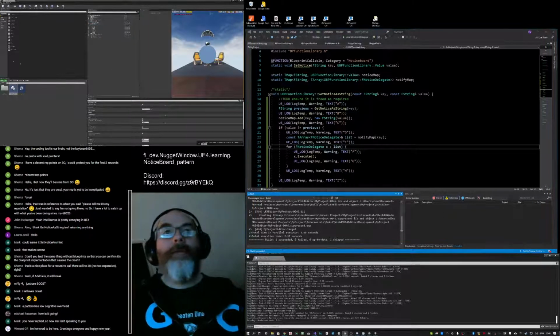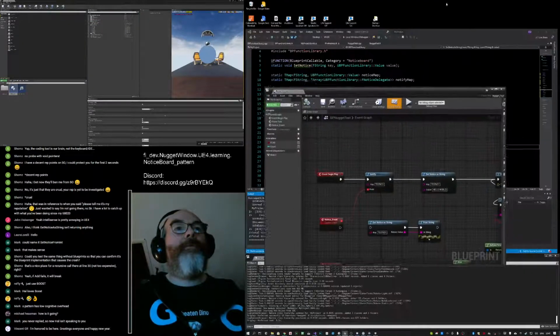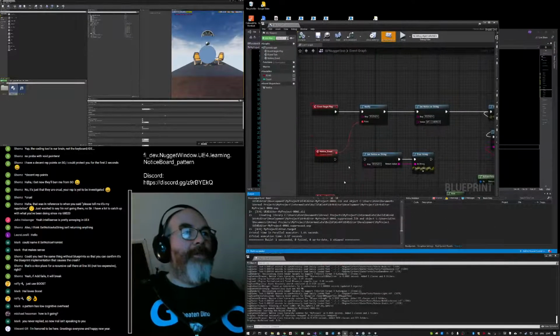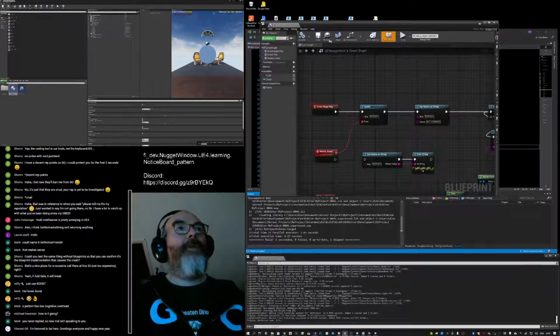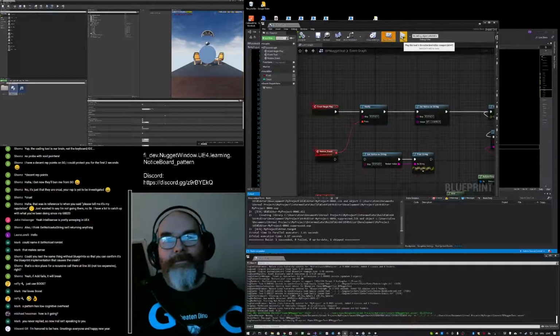Got reload done. Get the thing in here. Make it smaller so we can see the log. Save and play. Oh, I hate this.